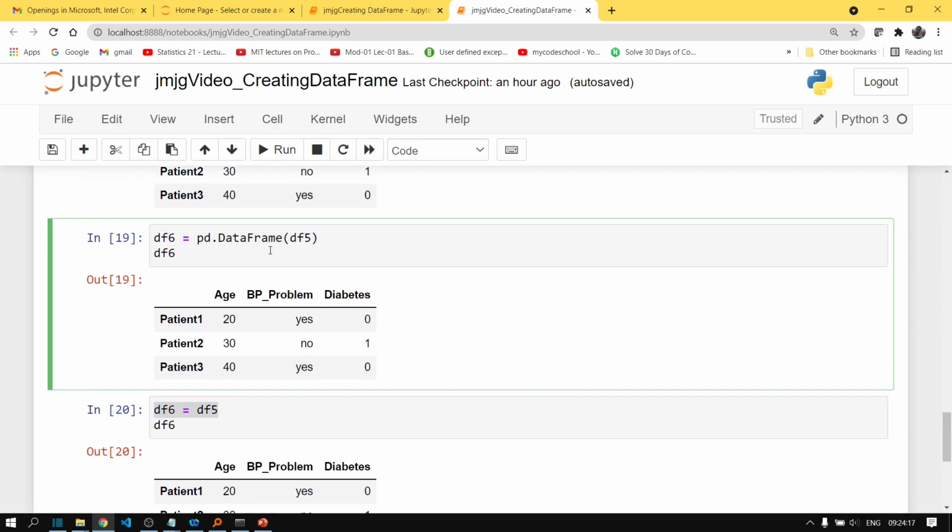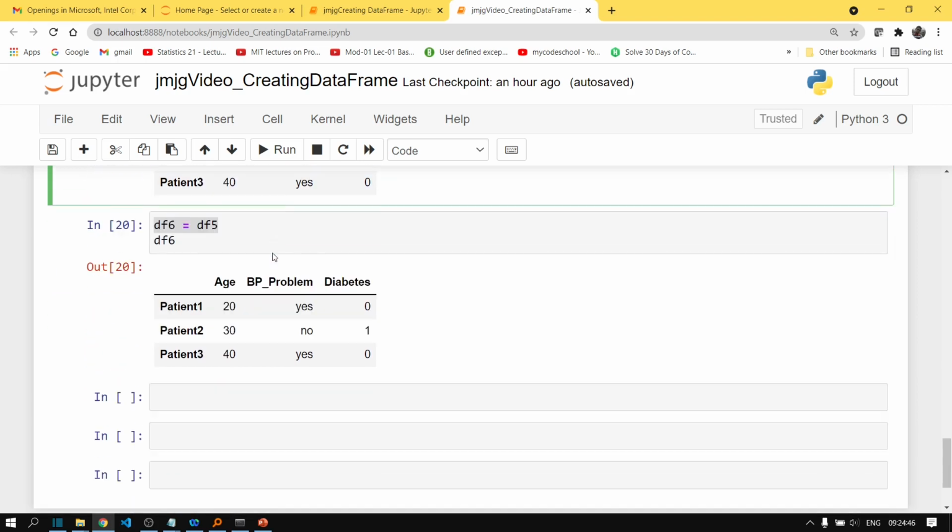This concept of shallow copy and deep copy has been discussed in detail in my video related to list in my Python for beginners playlist. If you are not aware of this concept, I recommend you go back to that playlist and check my video on list in Python. The link for that video will be given in the description section of this video.